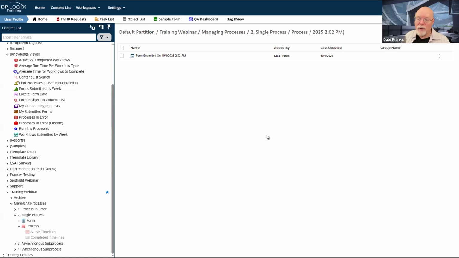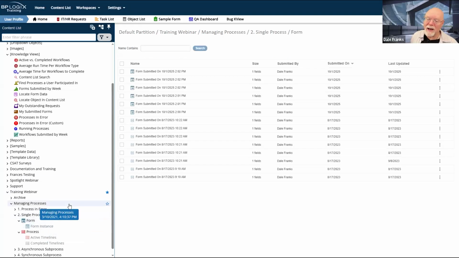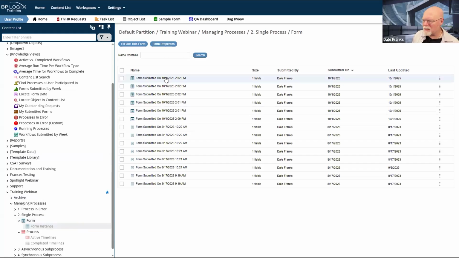I would be able to see them all listed inside the process timeline instance, and I would have access to both the form and all of the document attachments that I've attached. So by attaching it to the process, this gives me one place that I can go to see all of the attachments, including the form. If you attach to the form, well, that becomes a little more difficult because if I want to see the attachments, now I got to go into the form and then I got to go in the form instance and I got to find the right form instance, which I think is this one.